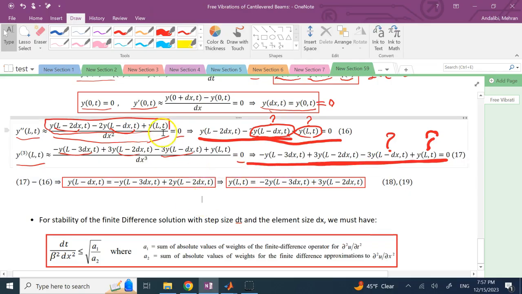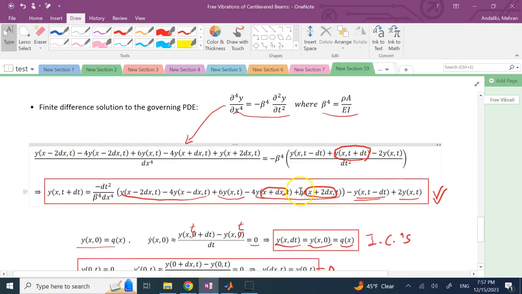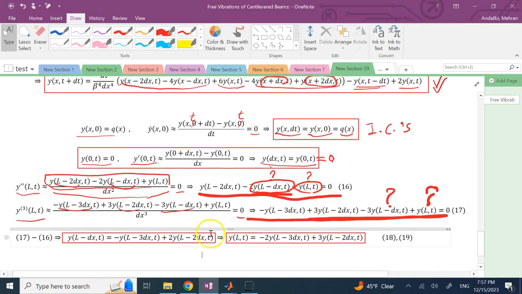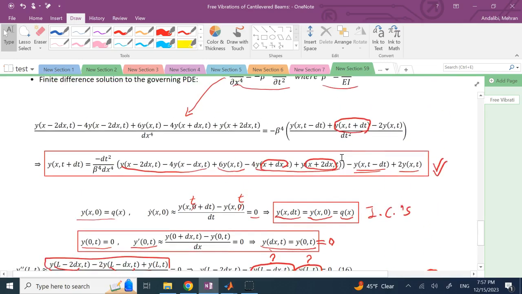before L. And for the first node and the second node, what should I use? I use these two conditions, that their deflections are 0. So the first two nodes, that they have nothing on their left side, and the last two nodes, that they have nothing on the right side, I use these equations, okay? I use these equations, and